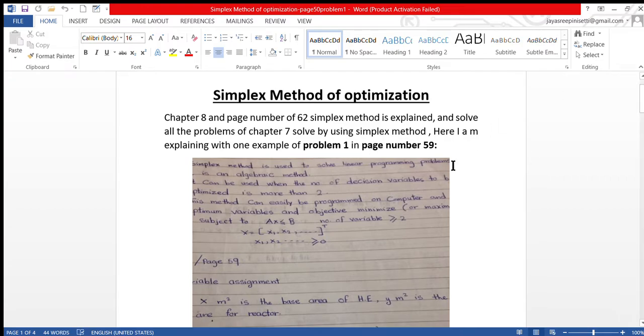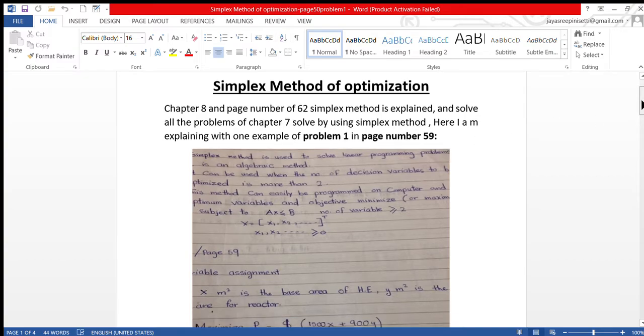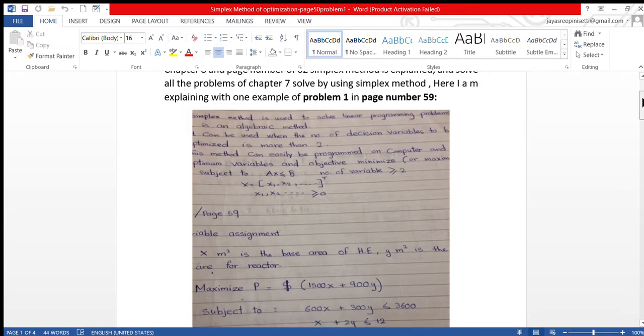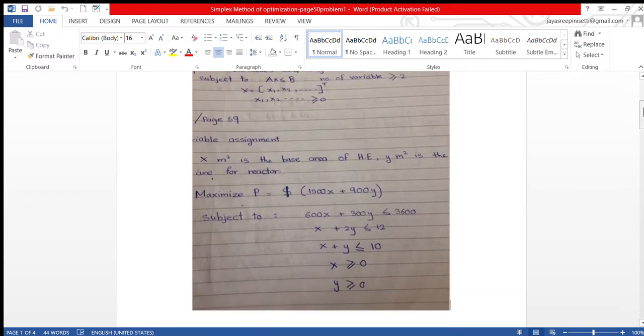The same problem we have already solved by the graphical method of optimization. The simplex method, as I have already explained, is applicable if the optimizing variables are 2 or more. You can apply it even for 2, but for more than 2 you must use simplex. The same problem, the area for the heat exchanger and reactor. The first step, when the problem is given, is to set up an optimization problem